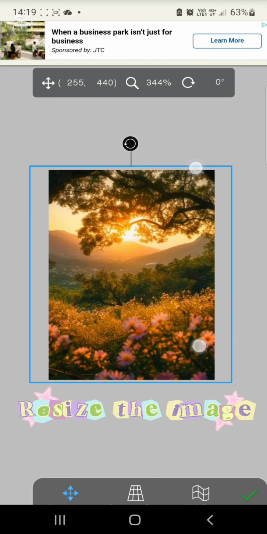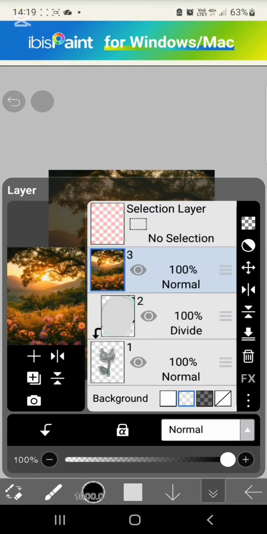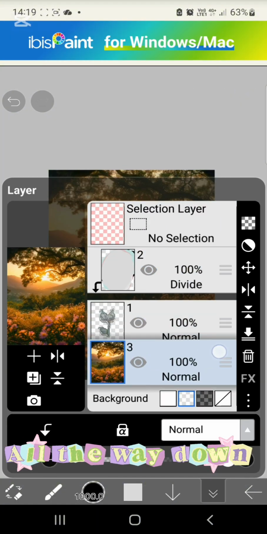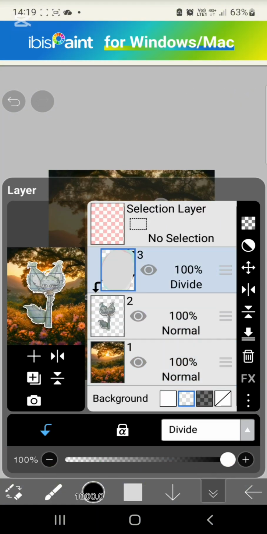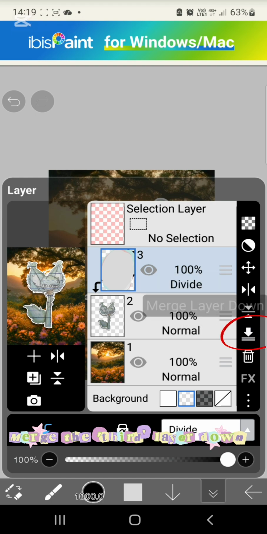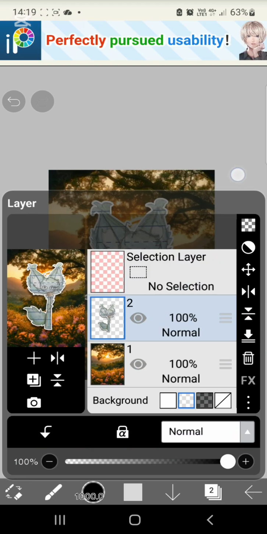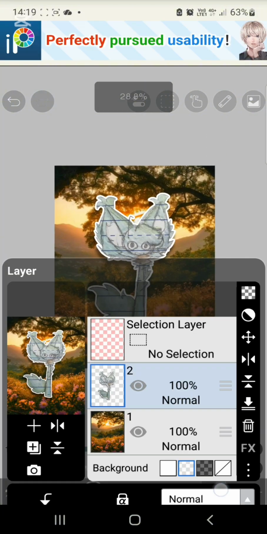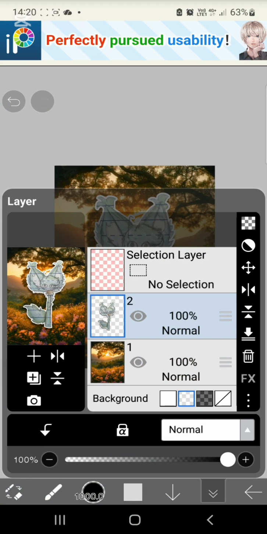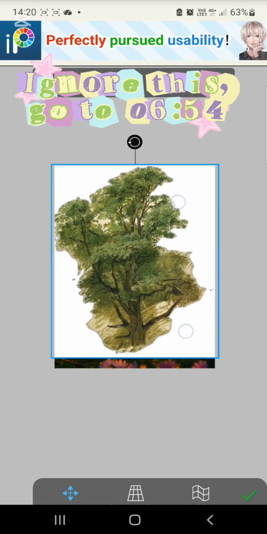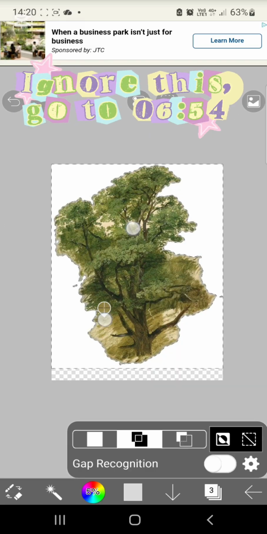Resize the image all the way down. Merge the third layer down. Ignore this, go to 654.